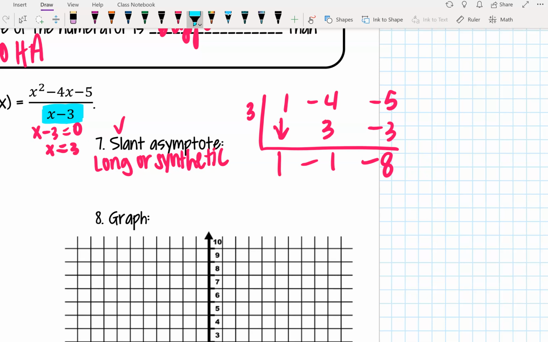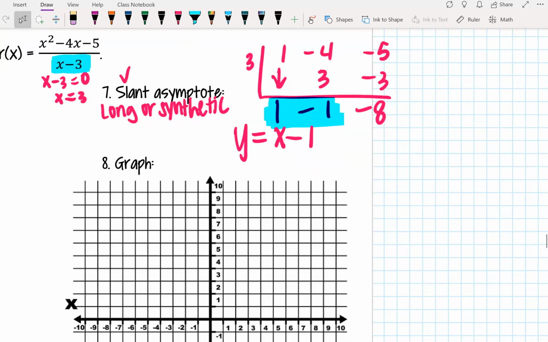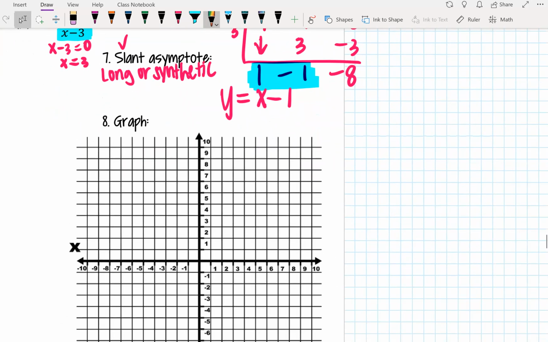What we're looking at for our slant is what this highlighted portion is. We should get some sort of linear equation that we can pull from the information. So this is x minus 1, so y equals x minus 1, which means we have a slant asymptote that follows that line. So y-intercept of -1,